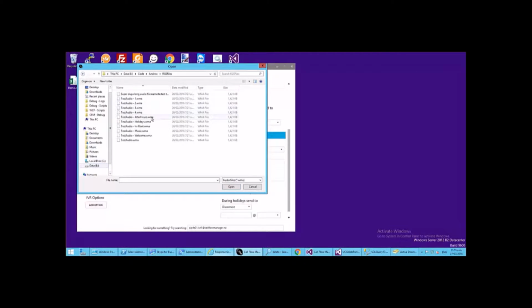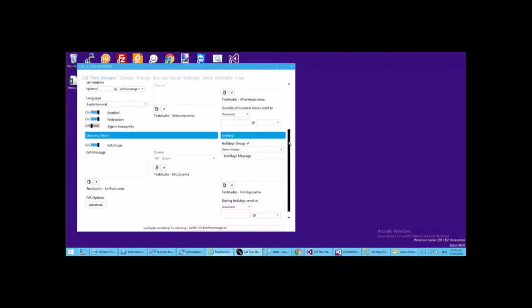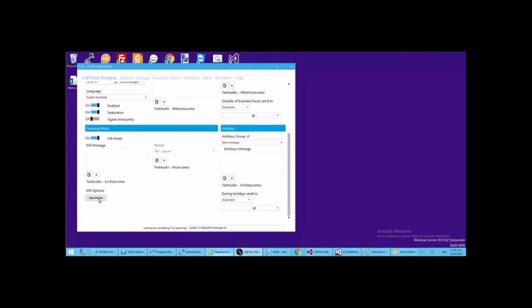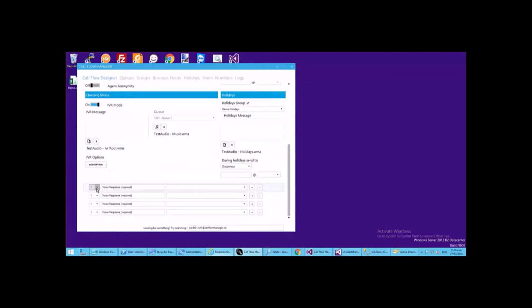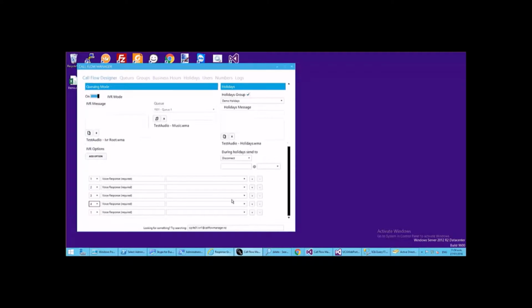Here we go. So that's the root of the IVR. Let's put that in there. Okay, so what we can do now is we can just add a few options. We can give them DTMF responses like so. And let's just add one more than 4, just so we can see that we can do more than the 4 that we're restricted to